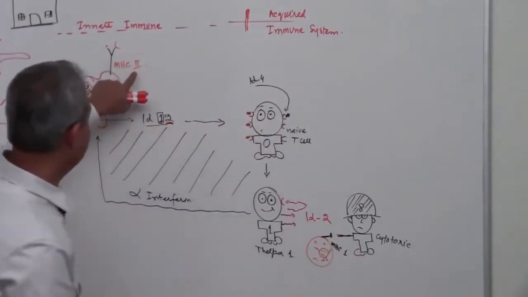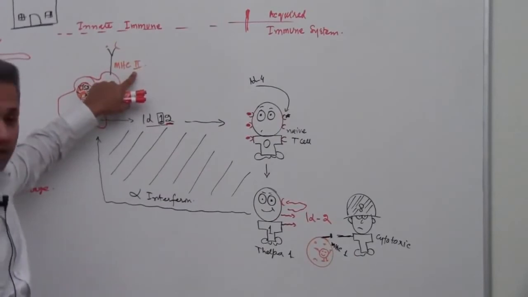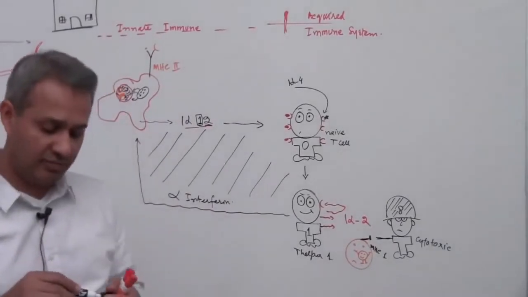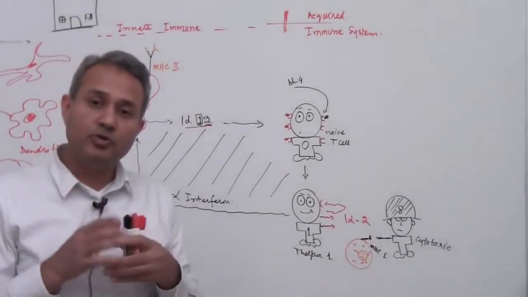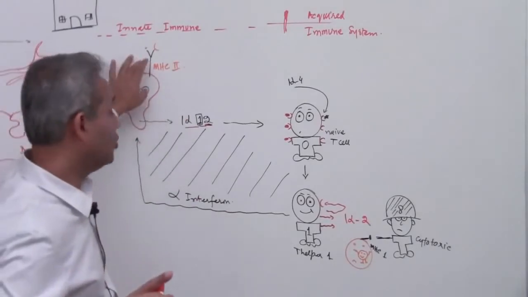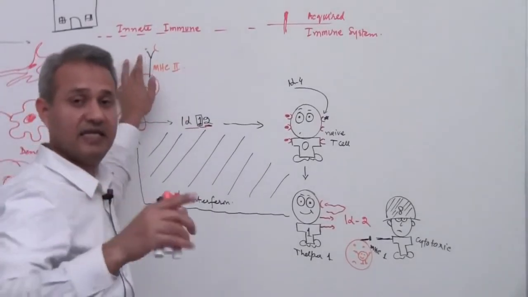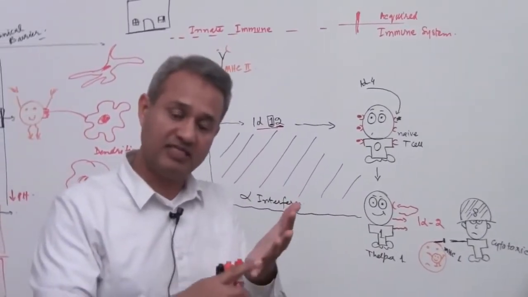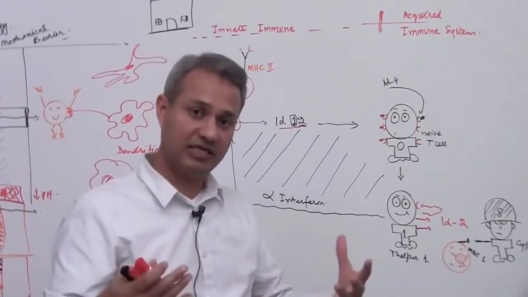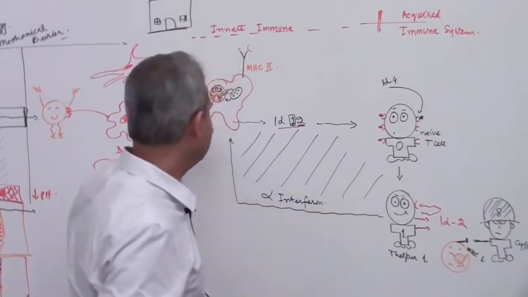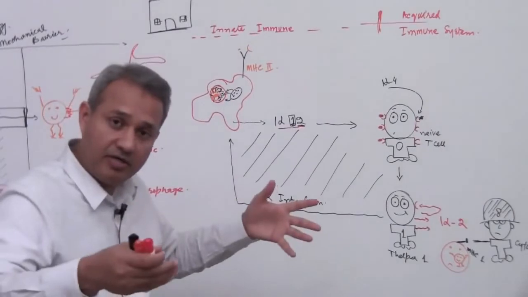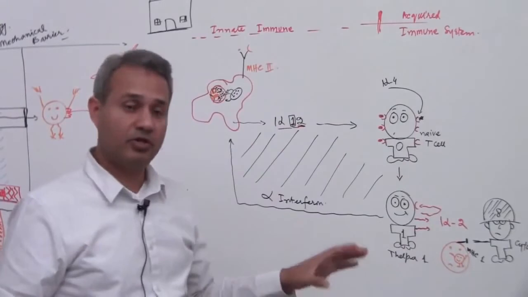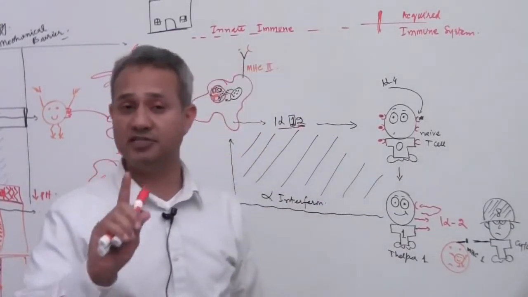So please remember, we talked about MHC2 over here, correct? Now we are talking about MHC1. The difference between them, I would just say briefly here. MHC2 is present on all antigen presenting cells. So what are antigen presenting cells? We'll talk more about them, but macrophages, B cells and dendritic cells are called antigen presenting cells. The basic function is to arrest the antigen, break it apart and take it to the lymph nodes to present it to various cells. On the other hand, all nucleated cells